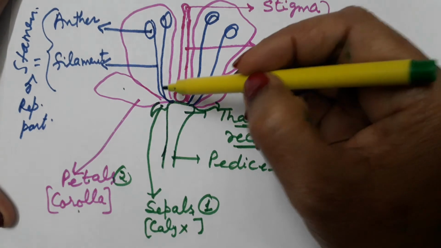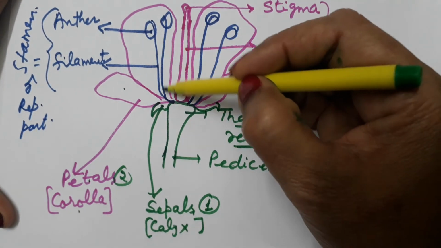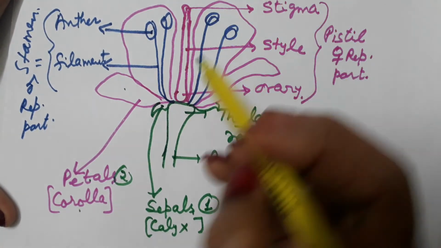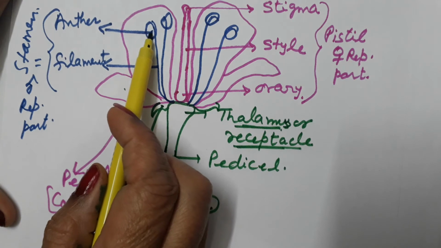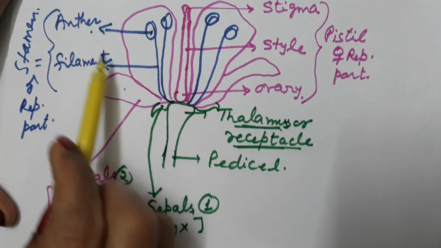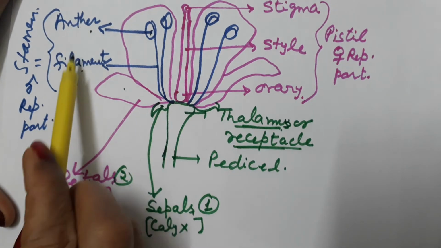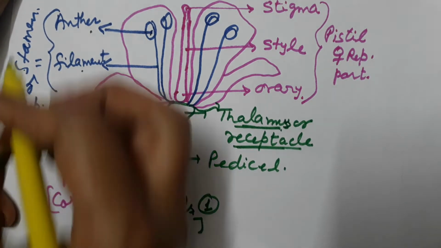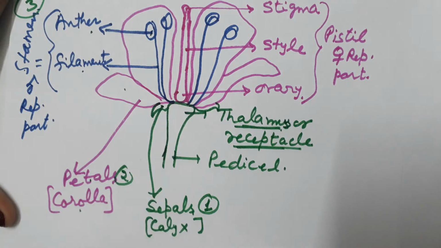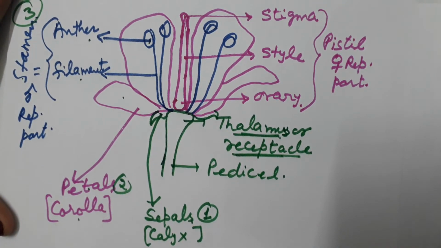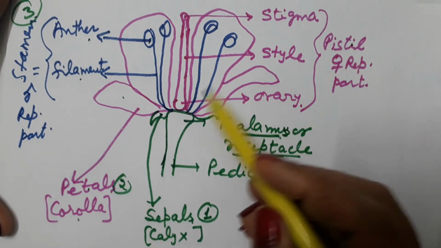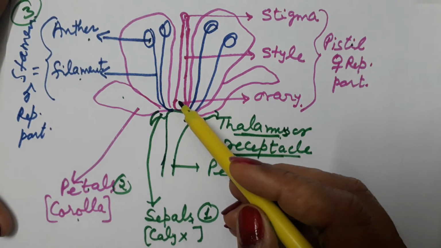Third part is stamen, which consists of 2 parts. Upper swollen lobed portion is known as the anther and cylindrical part represents the filament. Anther and filament together constitutes the stamen, and it represents the male reproductive part. The fourth part is pistil, which is present in the center of the flower,